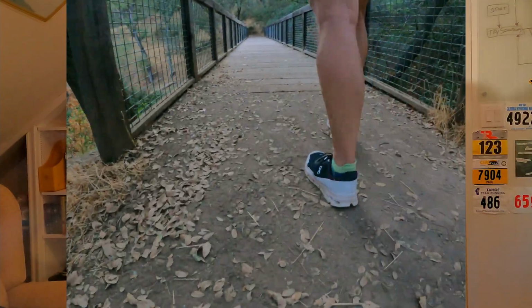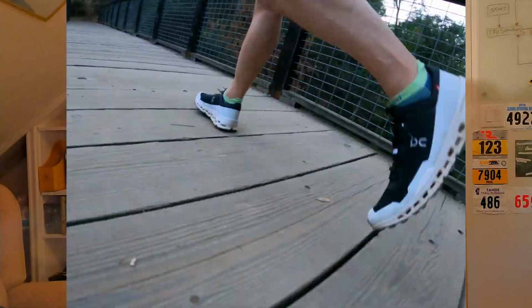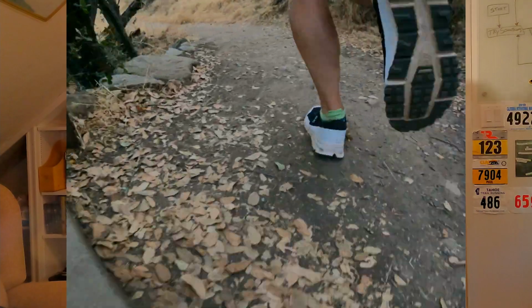The grip was excellent. I'm used to a Hoka shoe with the Vibram sole, and I haven't found another shoe that grips nearly as well. These worked over every single surface. Didn't get to try them in the wet. It is a little bit dry right now. We're in the middle of a drought. But again, the things I really like are the gusseted tongue, sock-like collar, impressive grip,